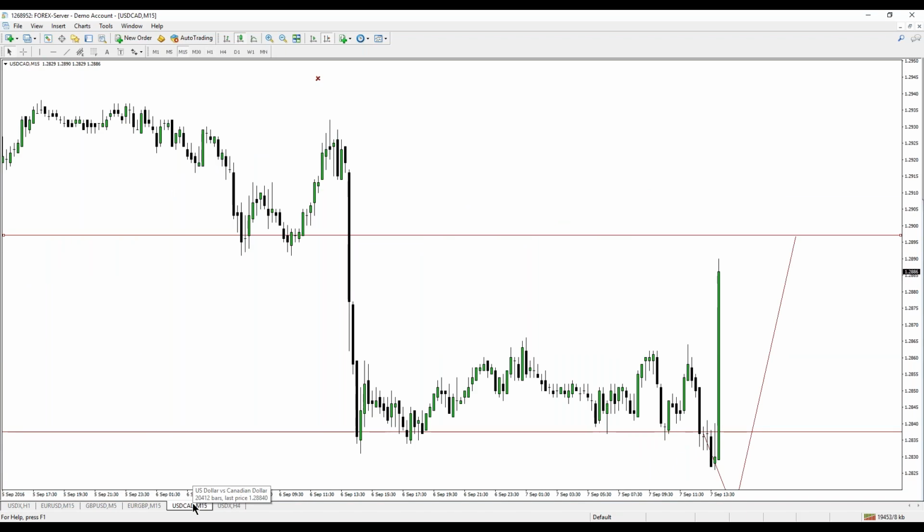Again, a little bit more for CAD, closing that void. We noted a little bit ago in this morning's session.